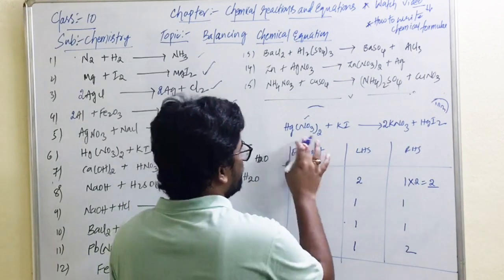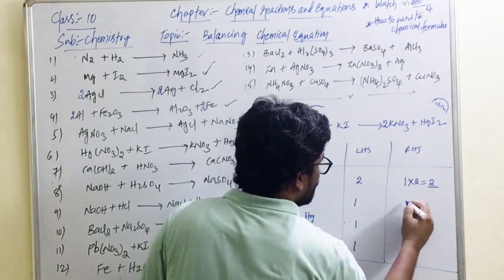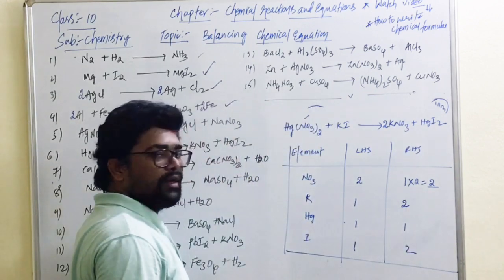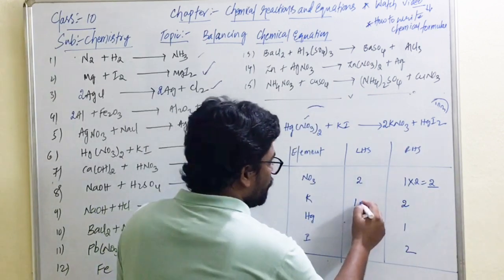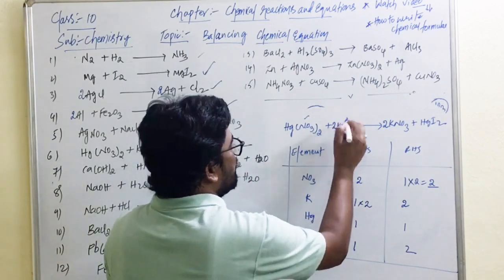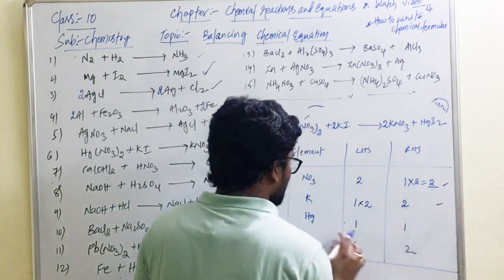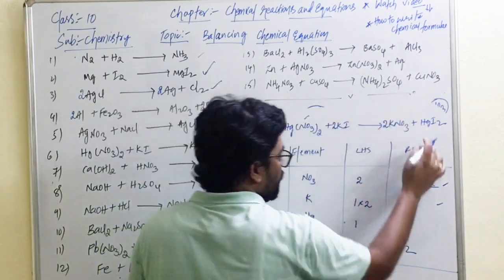Now next, potassium: 1 on the left hand side but potassiums are now 2 on the right hand side. Okay, so now add 2 before KI on the left hand side. Number of potassiums are balanced. Okay, is it clear? Now next, silver: 1 on the left hand side, 1 on the right hand side, it's